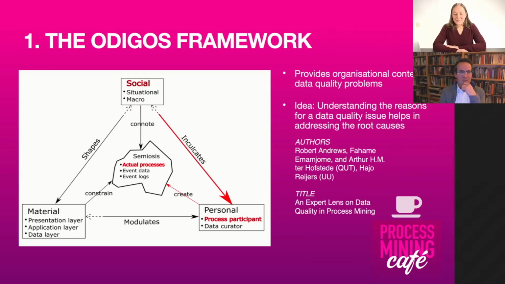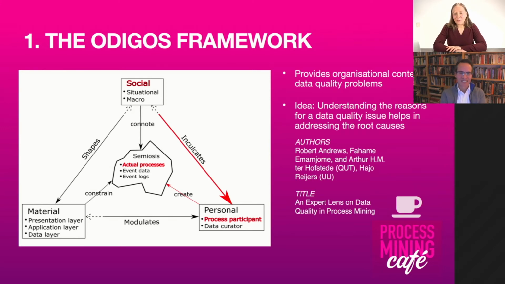It says when you have data quality problems or potential problems, there are at least three different perspectives that can help you to discover these causes, and those are the spheres that you mentioned: the social, the material, and the personal spheres, and they interact with each other. But you were about to give an example. Yes, so go ahead. Exactly.